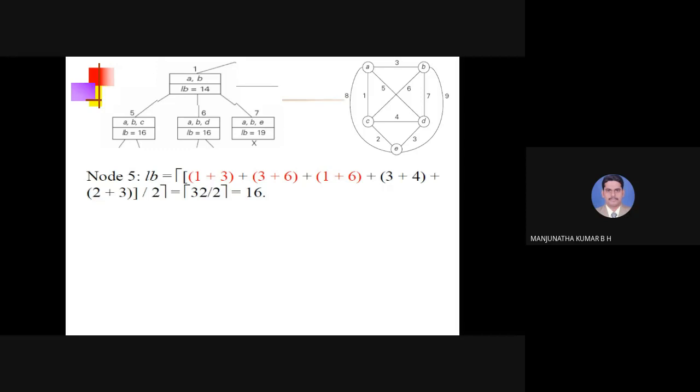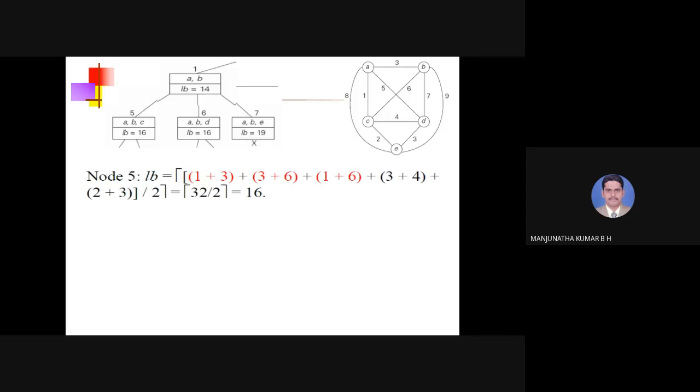You observe here, again I have written a few terms in red color. You can observe I have written 3 terms in red color. The 3 terms are ABC. Why? Because in node 5 I have taken only 3 cities, ABC. So if I want to make any changes, I have to make changes only in the first 3 terms, and the last 2 terms remain the same as the first node.